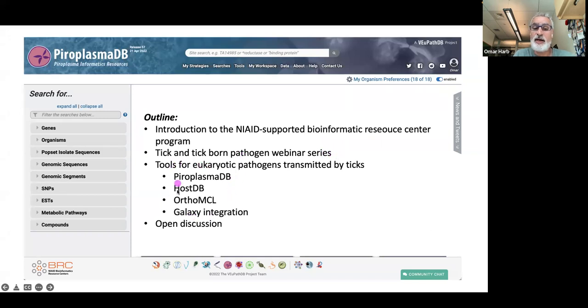Then I will delve into some of the tools and functionalities provided by ViewPathDB specifically for eukaryotic pathogens transmitted by ticks, focusing mainly on Babesia. We also have some data sets for Theileria, so I'll highlight those, but also describe additional resources that could be useful for you, including HostDB, OrthoMCL, and our Galaxy resource for doing your own primary analysis. And then I'll leave some time in the end so we can make sure we have time to discuss and talk about